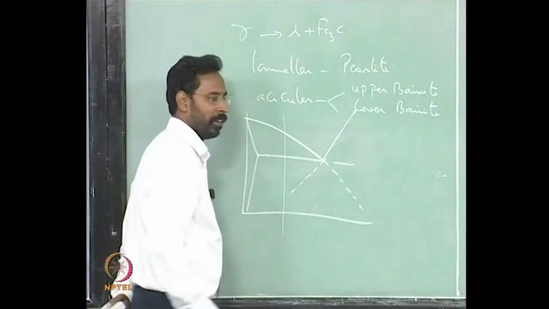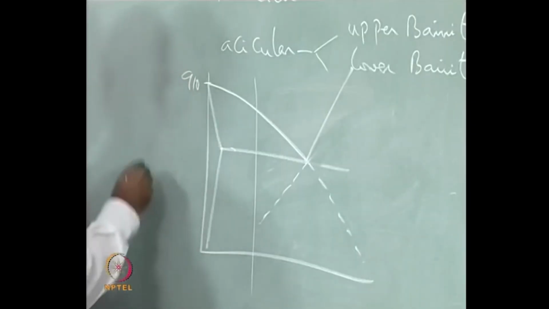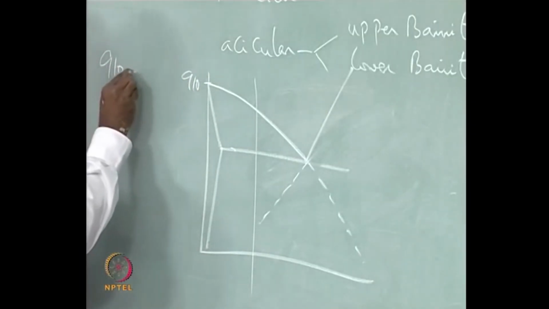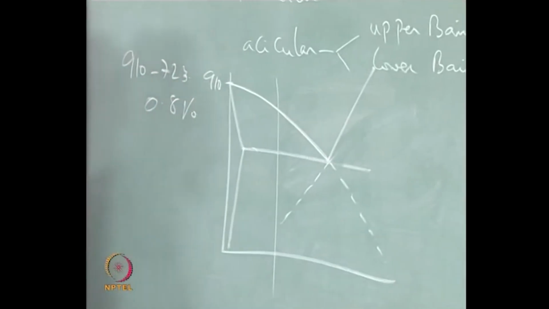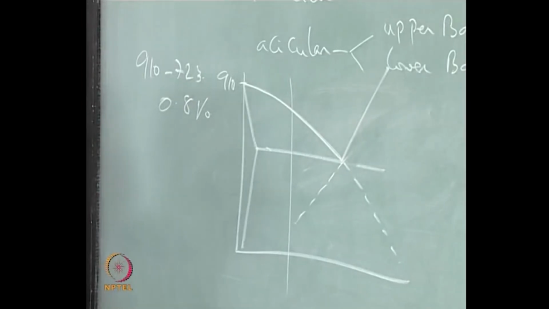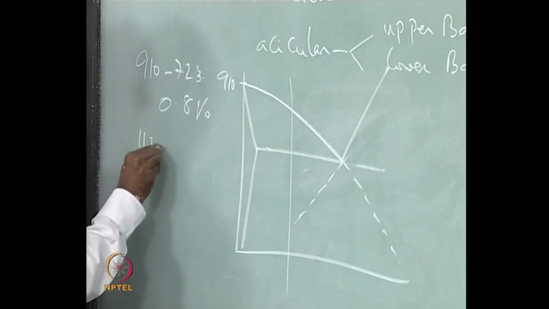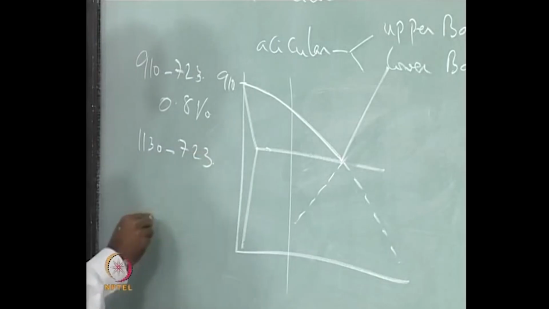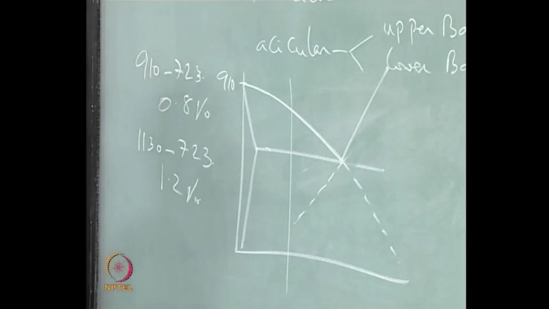A3, what is this temperature? 910 let us say. So from 910 it is coming to 723 in 0.8%, am I right? And where does this go? 1130. So from 1130 to 723 it is happening in how much? 1.2%, as simple as that. So if you divide that, you will get the slope of it,